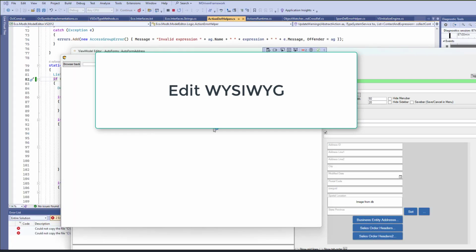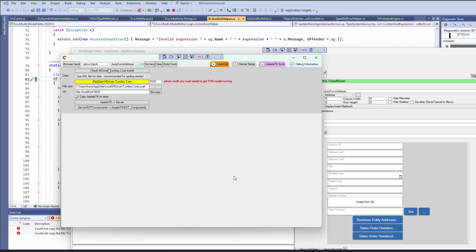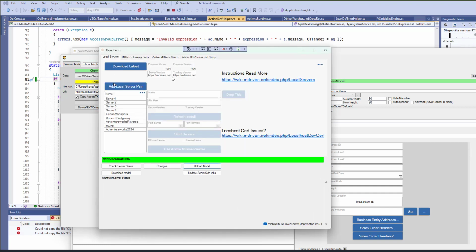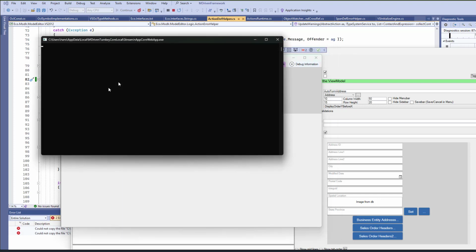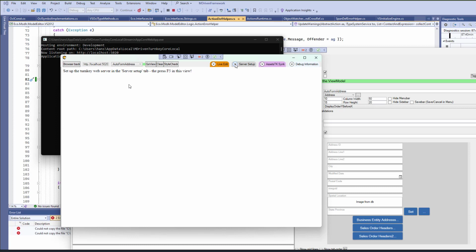And let's see what we need to do to get that running. First we need yet another MDriven Turnkey Core installation, and that's dedicated to running the WYSIWYG designer. So I just checked that I had the latest, and then I can connect that to my MDriven server where all my data is, because it's important to have data if you're gonna do any serious design. And then I just start it towards this port here,